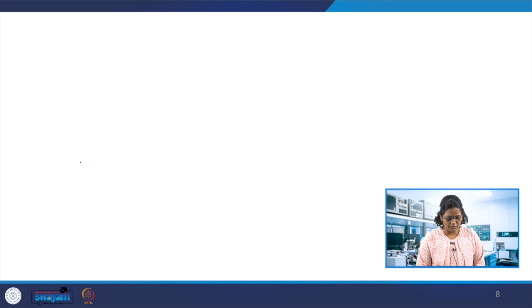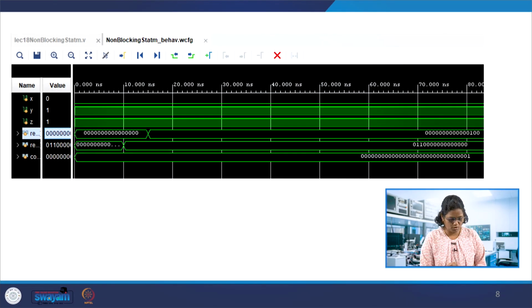So let's see the outputs over here. The X is getting the initialized values at t equal to 0. Now coming to reg A, that is 1, it should be changed to 1. You can see this is getting the value at 15.